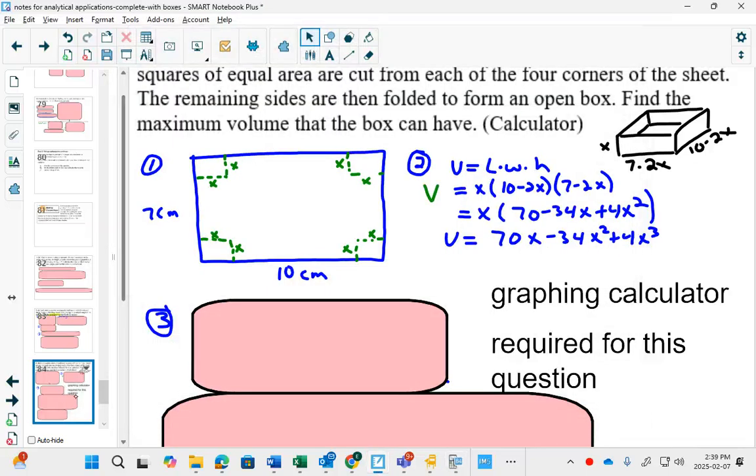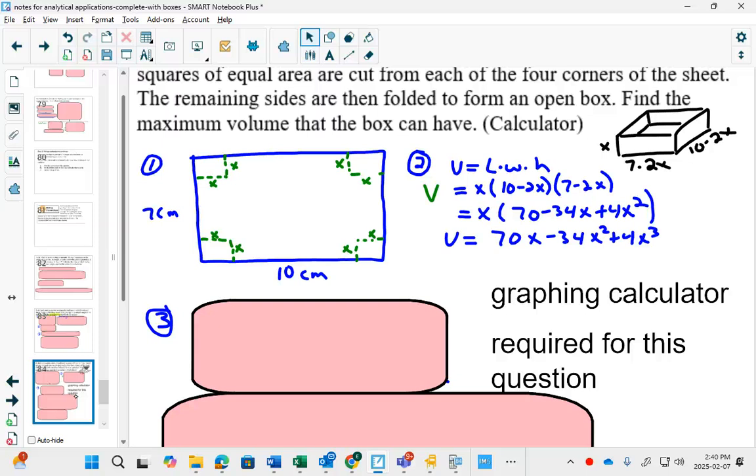to our equation. I can't cut out more than 3.5. If I cut out x bigger than 3.5, I'd have no cardboard basically left. Nothing left from this sheet to fold up. So even though my graphing calculator doesn't know I'm talking about a sheet of cardboard, I have to be aware that there are some restrictions on this question. I can't go past 3.5 because then there'd be nothing left on this side and then I wouldn't be able